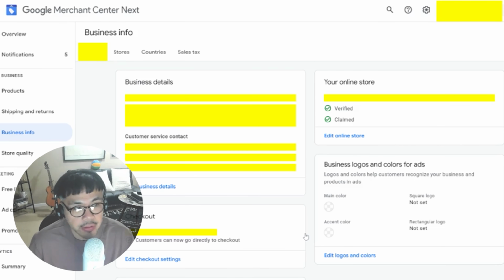So if we do not fill this out, there's not going to be enough data that Google is going to pull in Merchant Center through Google Shopping for a specific searcher. And if you have a competitor that has these things filled out and you don't, maybe 8 times out of 10, you're going to be behind or on the other side of that competitor once they're shown on Google Shopping. So understand to really build out that store profile and do as much filling out as you can on Google